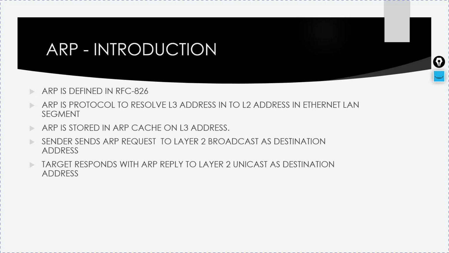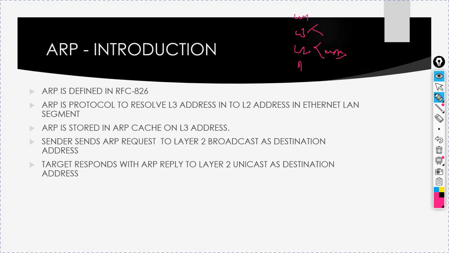Alright, now the second point: ARP is a protocol to resolve a layer 3 address into a layer 2 address. As I already told you, if you want to communicate on a network, you need to fulfill the requirements of 3 layers. You need layer 2, layer 3 and layer 4 information. Let's suppose you got an IP but you don't have any MAC address, in that case you need a MAC for that destination. If you don't have the MAC address for that particular destination, you need ARP, because ARP helps you find out the IP which is bound to, or belongs to, this particular MAC